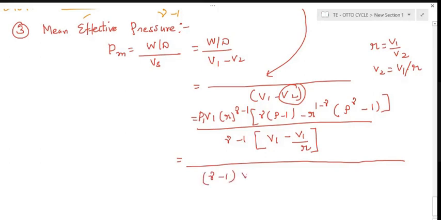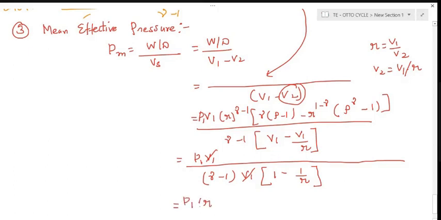Here, taking V1 commonly, the remaining term is 1 minus 1 divided by R. Again the V1 term, and above we have P1 V1, so just cancel, and the remaining term is